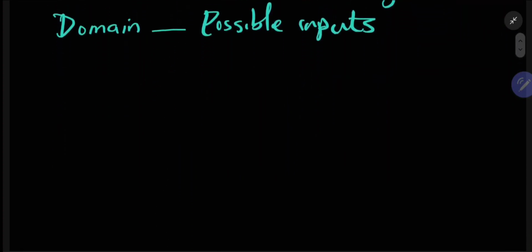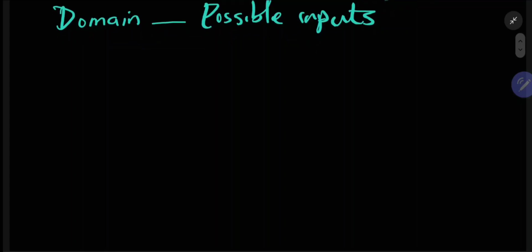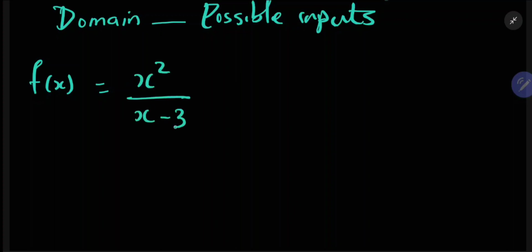So let's say we have f of x equals x squared over x minus 3. So when we have a rational function,